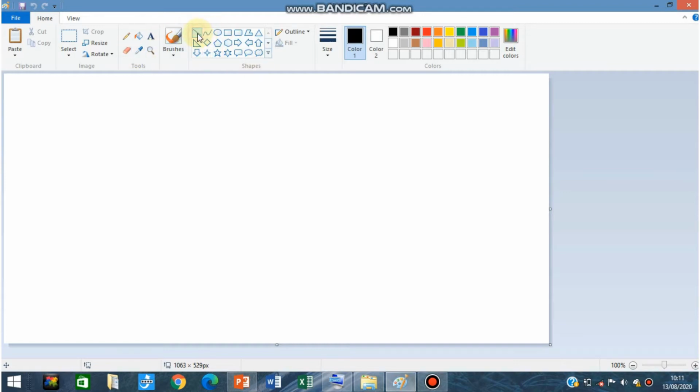When you select that using the left click of the mouse, now bring your mouse cursor onto this white area, and by pressing the left click of the mouse continuously, drag the mouse pointer in whichever direction you want so that you are drawing a straight line. Fine. So in this way this line tool is used to draw a straight line inside your drawing area.